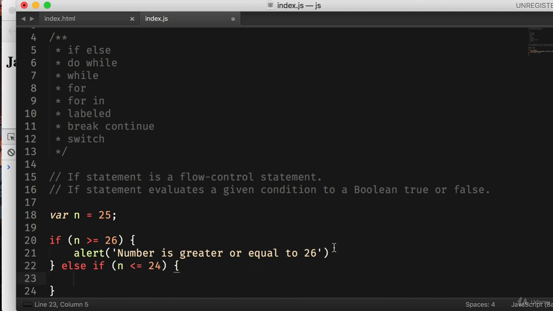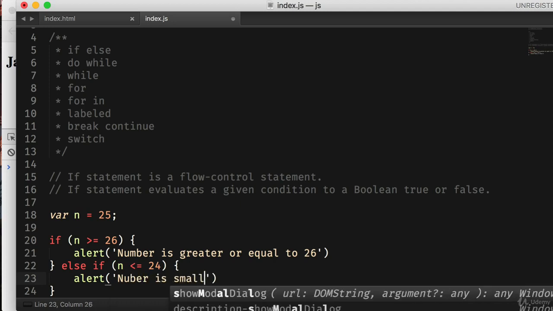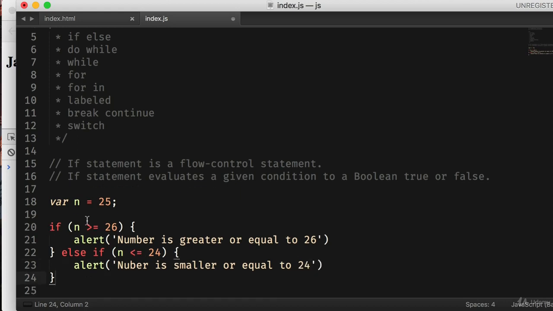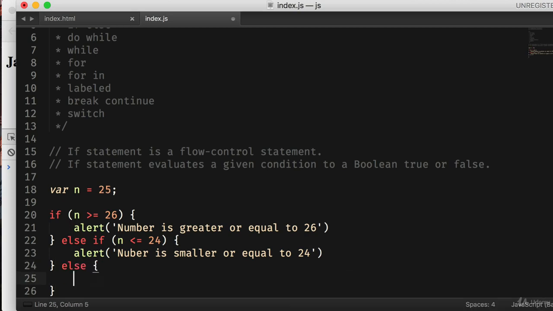Okay, so if it is resolved in the first condition, it will never reach the second one. Okay, but if it doesn't return true, then it will continue on to the next statement because we have used else. Okay, so if it is smaller than or equal to 24, then we can say another alert, and this will say number is smaller or equal to 24. Okay, so we know both of these cases will not match because our number is 25. So we begin with if, end with else, and in between you can chain as many times as you want with